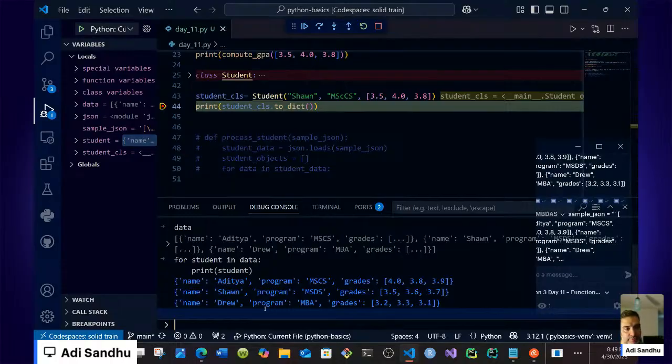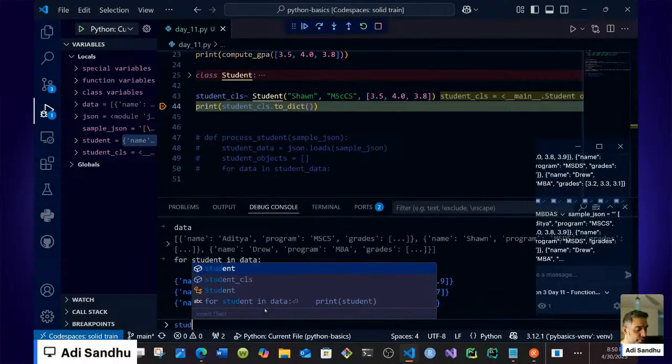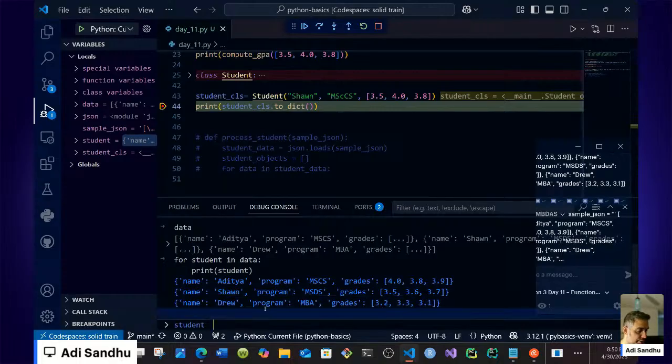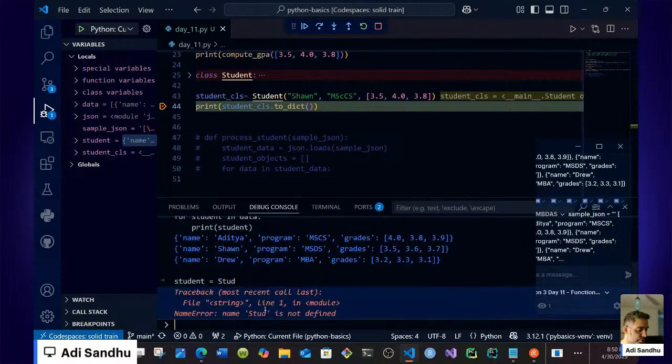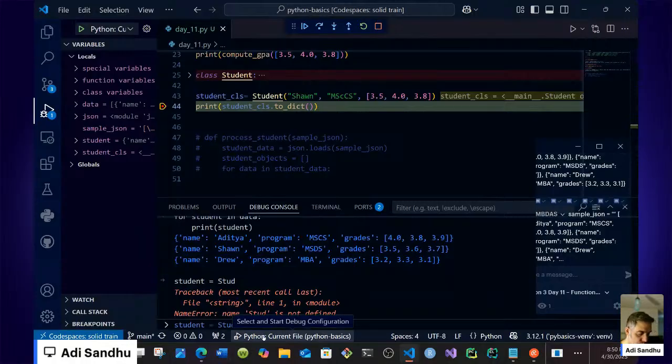We can also give, I wonder if we can build a student dictionary. So what we can do is like this. We can call the class student, and if we call the class and then we instantiate the class, oh man, we could do that, right? So we have name, program, and grades. And these are the 3 values that we can give in. So we can give something like this, right? Like data,